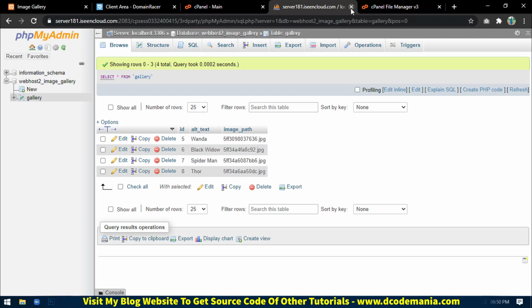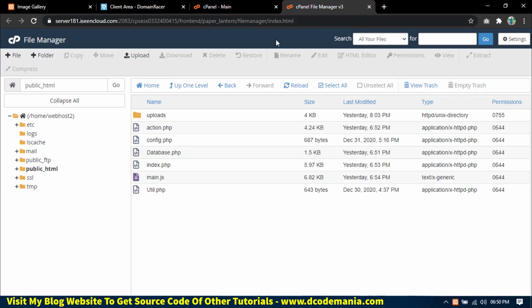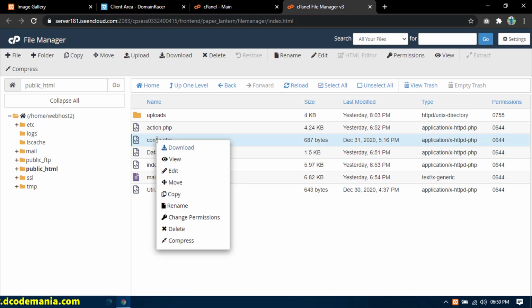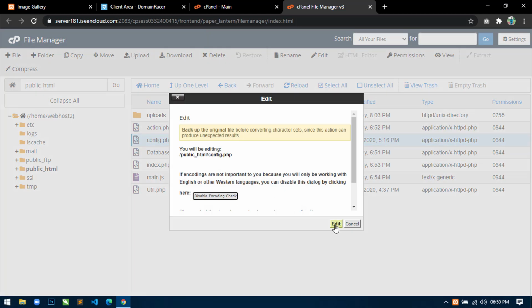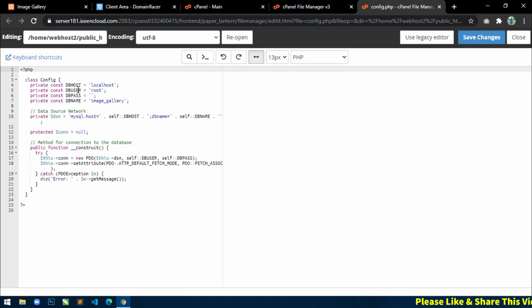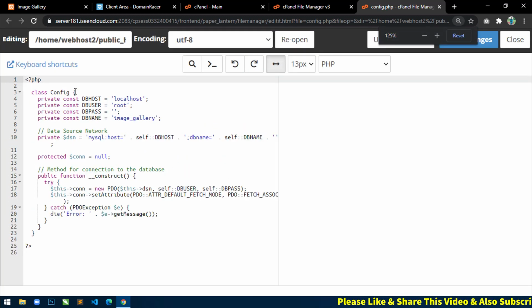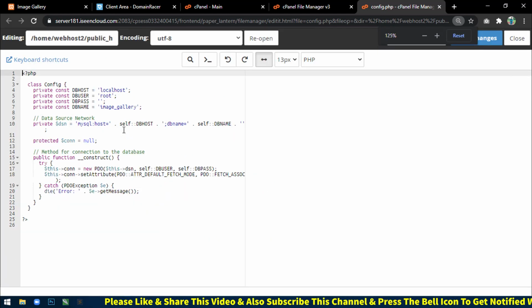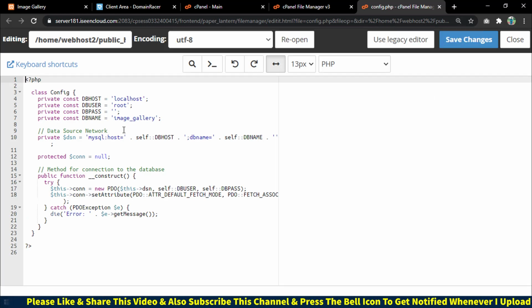Now just close this also. Now we have to do one more thing inside public_html directory. We have to edit this config.php file. So just right click on this file and click on edit. Now you can see these are the credentials of localhost. So we have to change them according to the live hosting server.